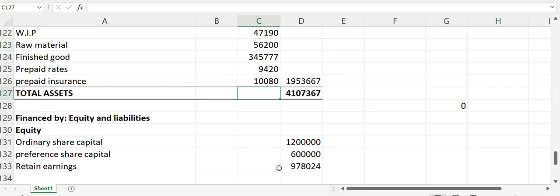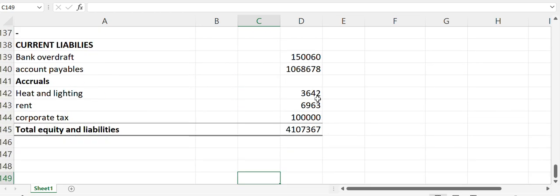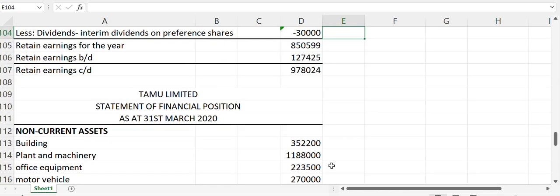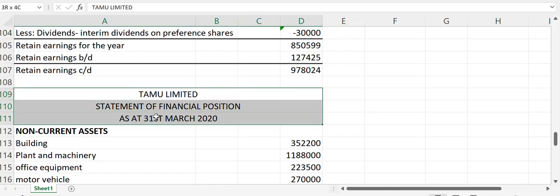Now you can see it has balanced. 4107 367, 4107 367. Now it's okay. We had left those items, so it is now okay. The figures have balanced. So that's how you prepare the manufacturing accounts,